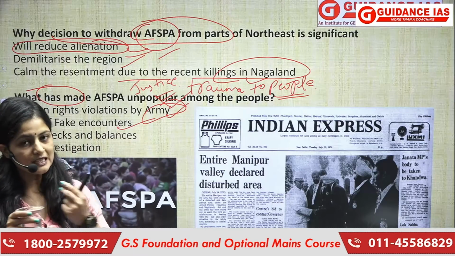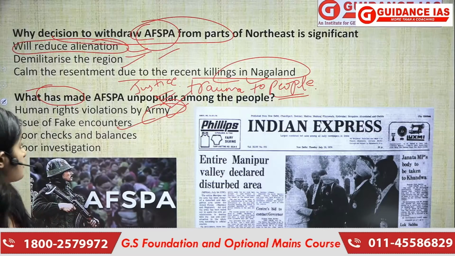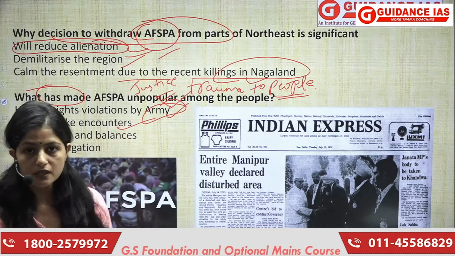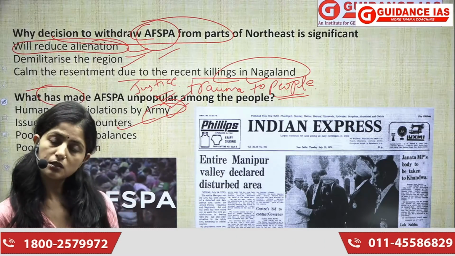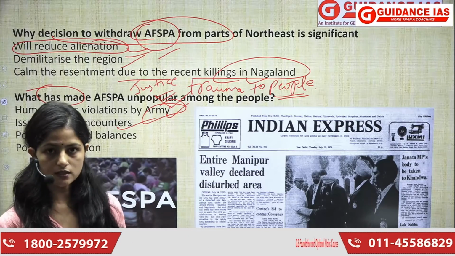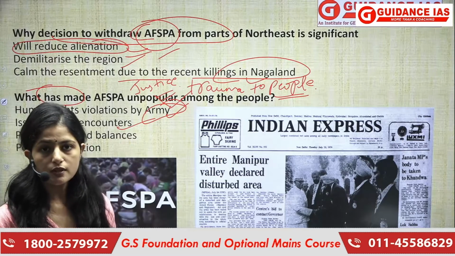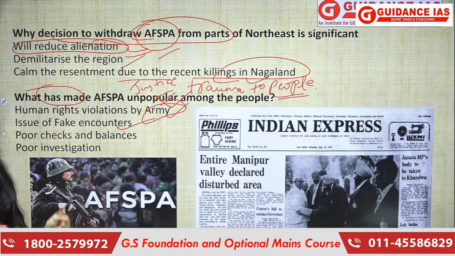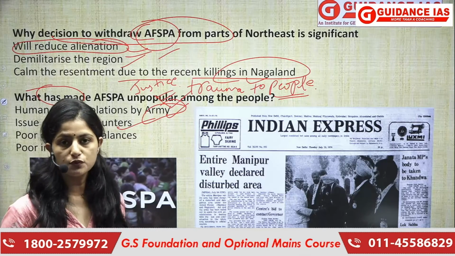around 1,500 encounters which was reported. Okay, 1,500 fake encounters which was reported, and then there was even a committee which got constituted to look into the matters, and even the committee reported that the petitioner's claims about the fake encounter thing and the number of cases are true. So you can imagine the plight of it. You can imagine how big this thing is, the fake encounter thing is. Okay, now we even have written proofs over it.